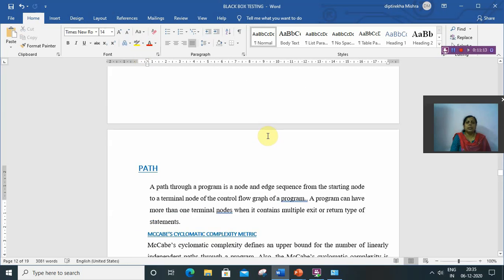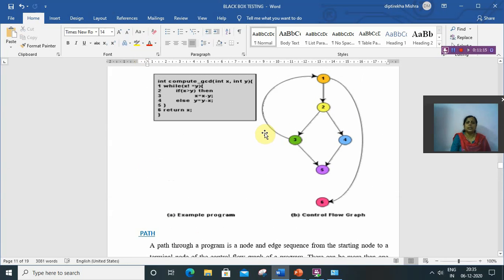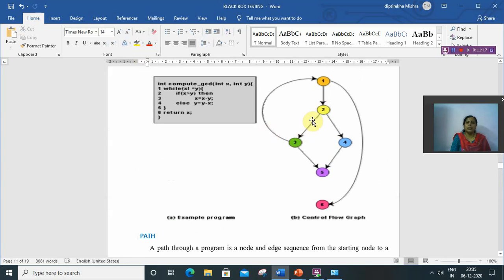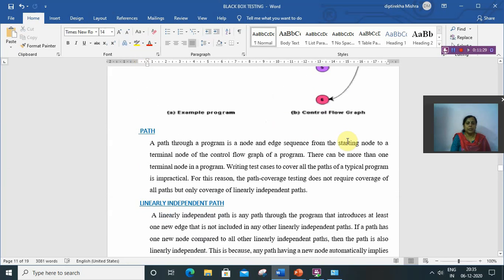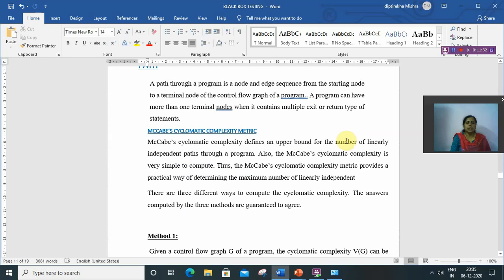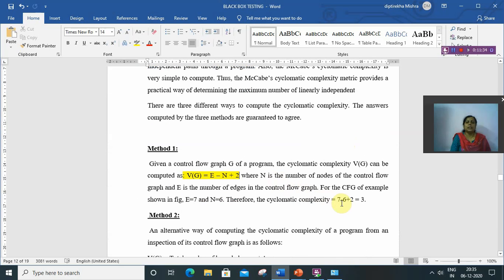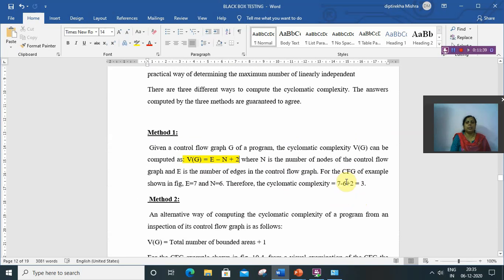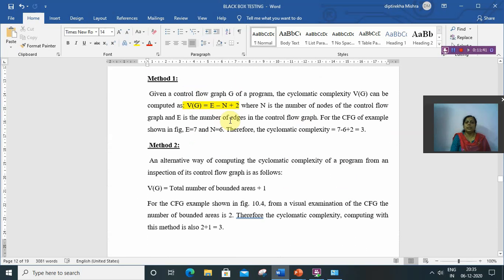For example, in this GCD program, we have nodes 1, 2, 3, 4, 5, 6, so 6 nodes, and edges 1, 2, 3, 4, 5, 6, 7, so 7 edges. So 7 minus 6 plus 2 is 3. It means there are 3 linearly independent paths. This way we can easily calculate the linearly independent paths.